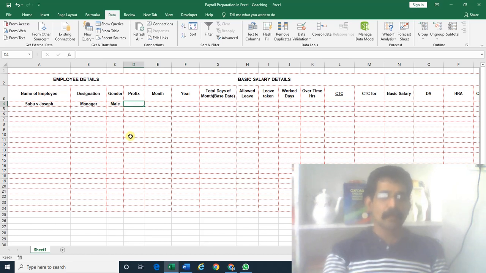So, in order to avoid that difficulty, we can do one function by using the IF function. That means simple logic.